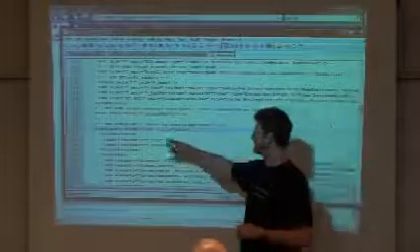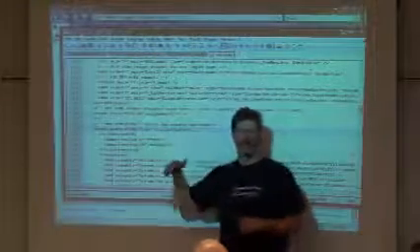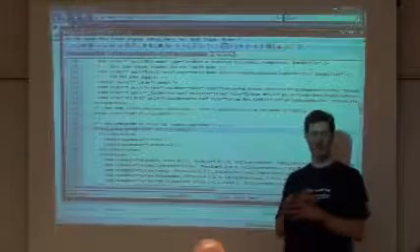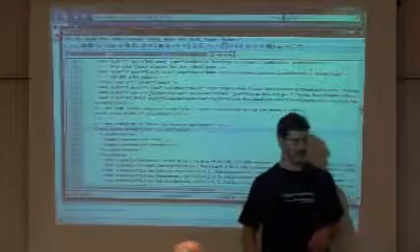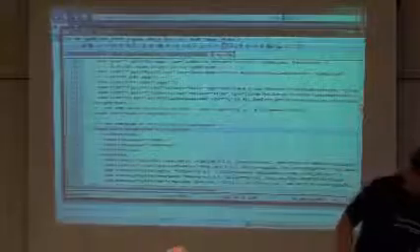Anyway, so normally debug equals false. When you deploy your site, obviously you want to make this false so that you can't debug it. But in order to work on it in debug mode, you have to set that flag to true so that you can get in there and debug. All right, so the other thing that you have to do is,